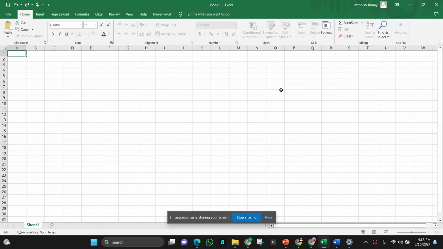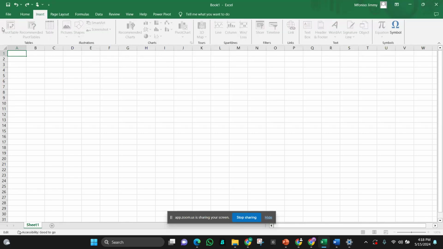From this sheet is where you input your information and use it to work on other stuff. Under Insert, you can see you have the pivot table, the recommended pivot table, the tables, the recommended charts, and all of this. I'll explain later.